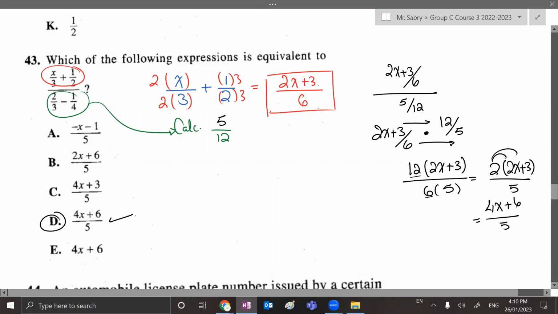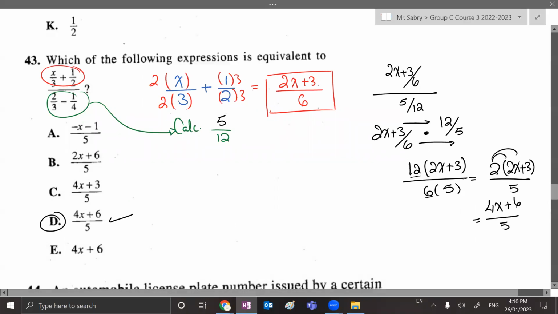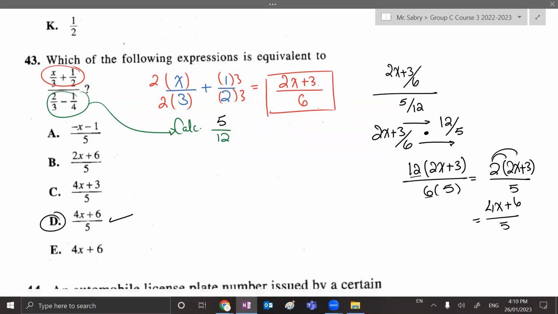Did I confuse you with this mistake? I miscalculated it on a calculator, معلش. Does that make sense ولا في أي مشكلة؟ Hello? All good? Yes, Mr. Had